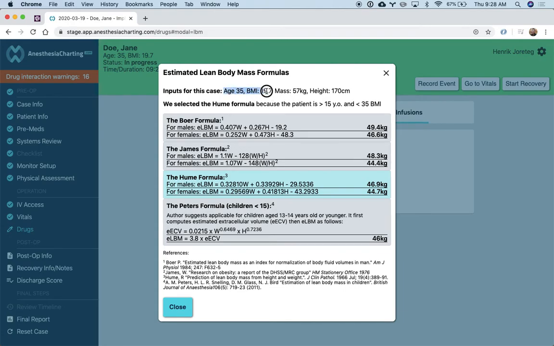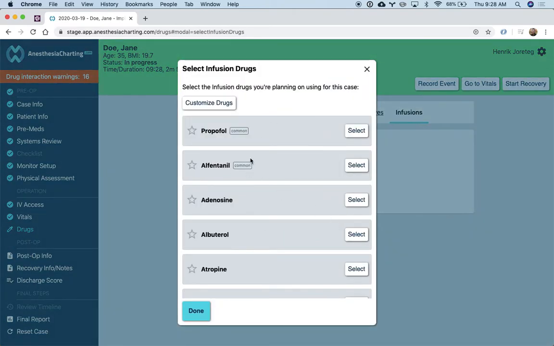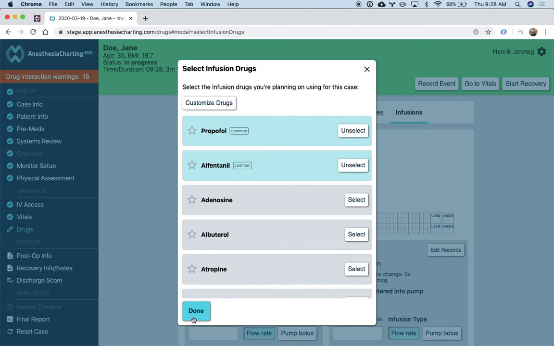If you want to see other formulas, we tell you why we selected the one we did. Again, this is all pulled from patient age information that you entered in previous steps. Essentially, if there's a pediatric patient, it will start using this formula instead as a default. But again, this is all just to save you doing the math, some decision support. So here, if we want to give some infusions, it works very, very similarly to everything else. You go to this page, you select what you want to do, and you can click done or just tap